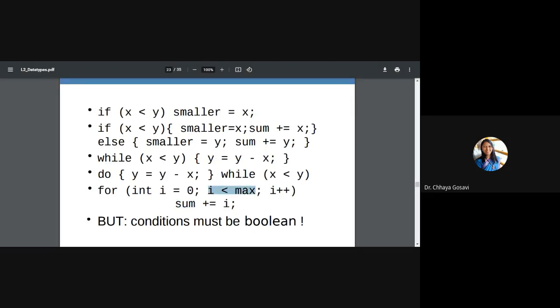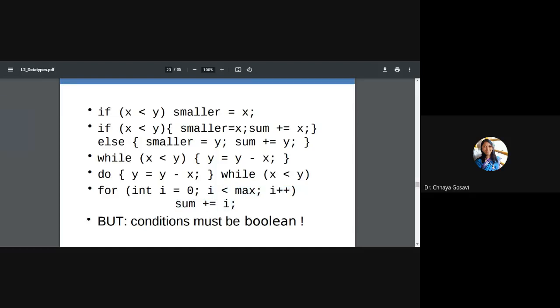So how does the for loop execute? First it will initialize this value, then check the condition, enter the loop, perform the loop, and while coming out of this loop, it will increment, and then again check the condition. If the condition is true, go to the loop, perform this operation, increment it. So it will continue till this condition is false.